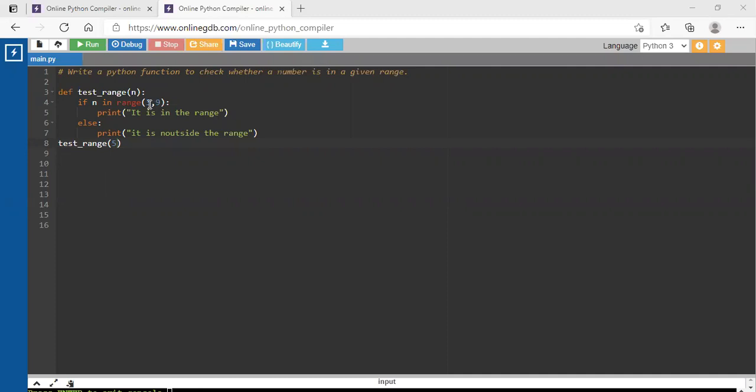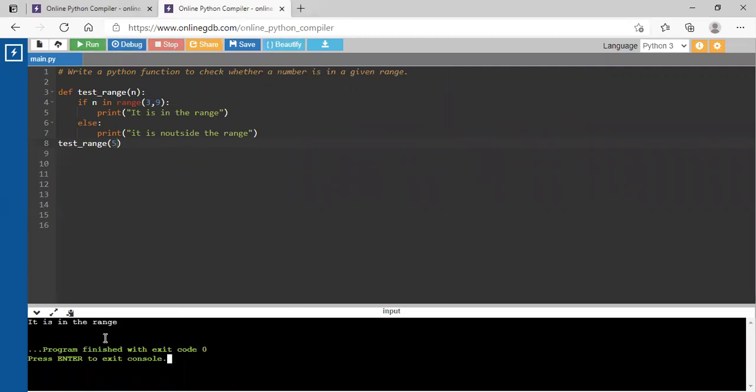It means it will move from 3 to 8. I just run it. So what is the answer given? 3 to 9. So I just change the number. I just give here 9. So it is outside the range. Why is it given outside the range? Because I already told you, whatever ranges are given, the very first number is inclusive and the second number is exclusive. So 9 will not be included in this range.